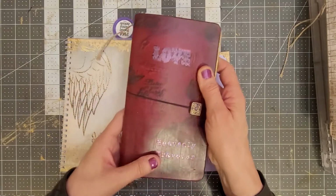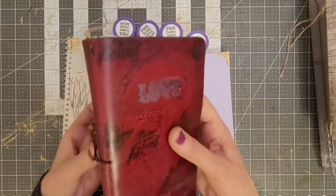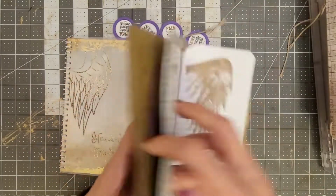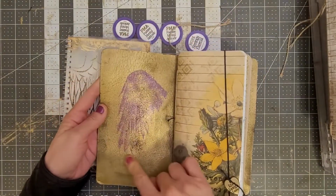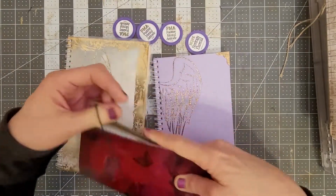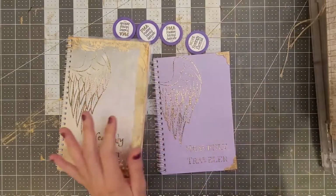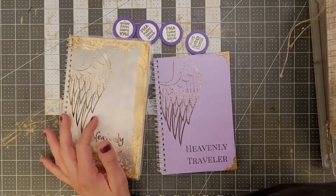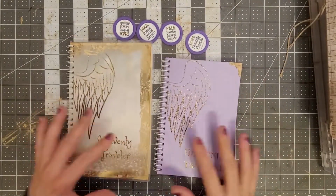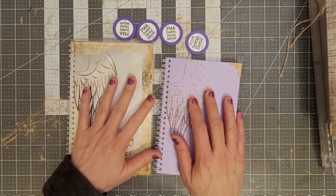So I went to the leather shop and I just bought a big leather and got the stamps and the dies and that's golden embossing. Put the wings. Anyway, I want to make some leather ones again. I just love these. Wow. Okay. So I've made lots and lots of different Heavenly Travelers. That in creating the Heavenly Traveler journals was a journey in and of itself, because how I started the Heavenly Traveler journals was,